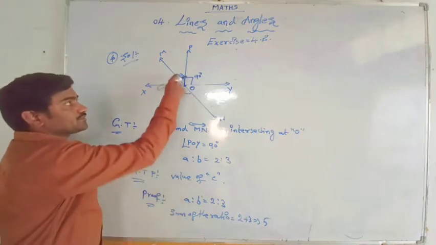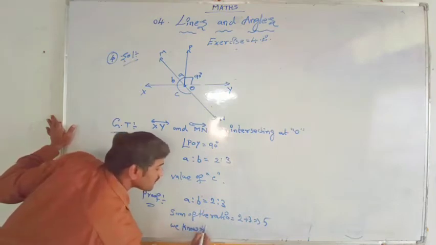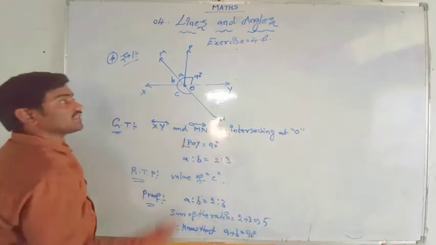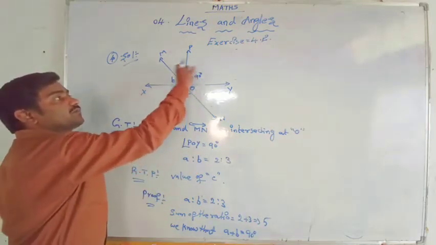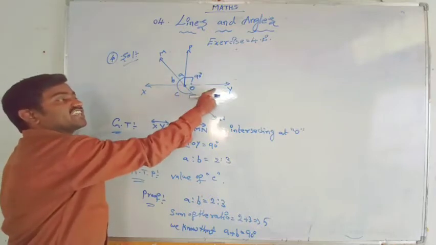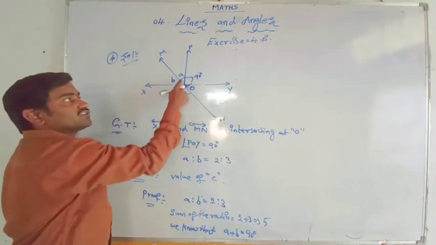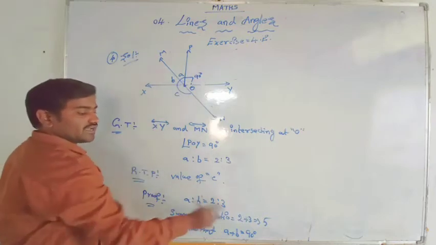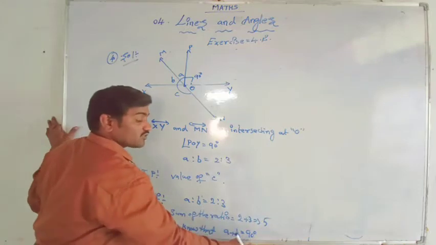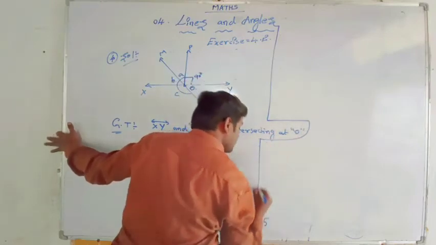So what will A plus B be equal to? We know that A plus B equals 90 degrees. How can we say that A plus B equals 90 degrees? Already this part is 90 degrees. XY is a straight line, and a straight line contains 180 degrees. Already 90 degrees are completed by POY. So the remaining sum of these two will be 90 degrees. The ratio is given, the sum of the ratio is there, and their total also is there. So in this condition we can find the A value and the B value.